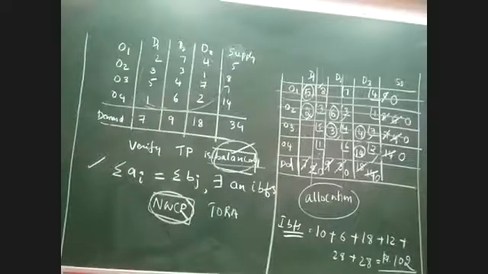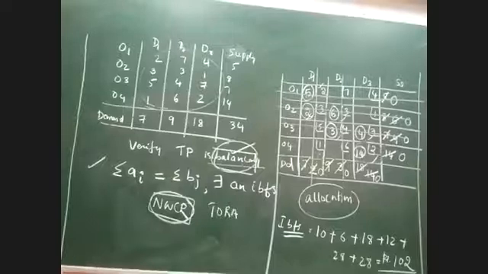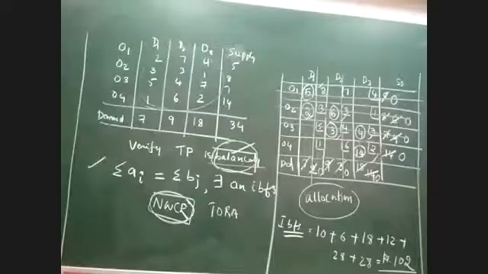Has everybody understood this method entirely? Any doubts or questions? Yes, sir. Okay. Is that clear now? So this is the first method, which is called the Northwest Corner Rule method. In fact, I wanted to solve the other method also, but it's almost 12 o'clock. It's okay. I think we can continue next time.